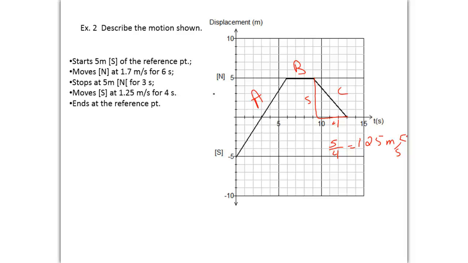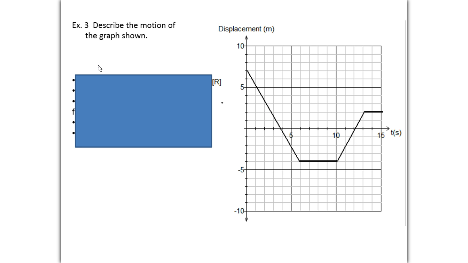For this class, we'll continue where we had left off on Tuesday, where we were describing the motion of different displacement graphs. So we had finished last class with this example here. And now the next question: you're asked to describe the motion of the graph shown below. This is a displacement-time graph,